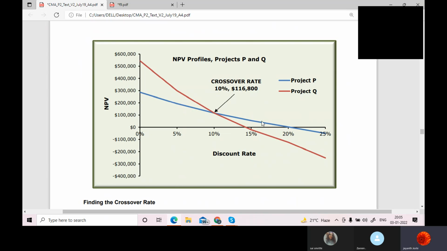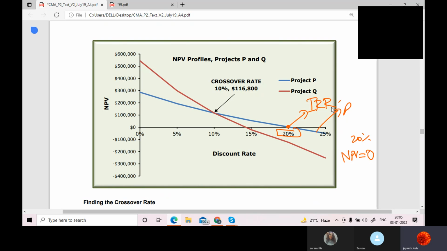See, this is project P. This is exactly crossing at this point. This is the rate, 20%, at which your project's NPV is exactly equal to 0. So this is what is called